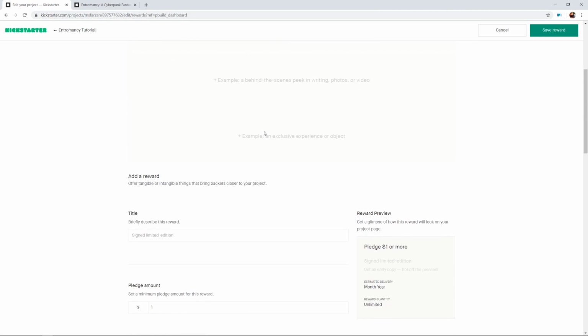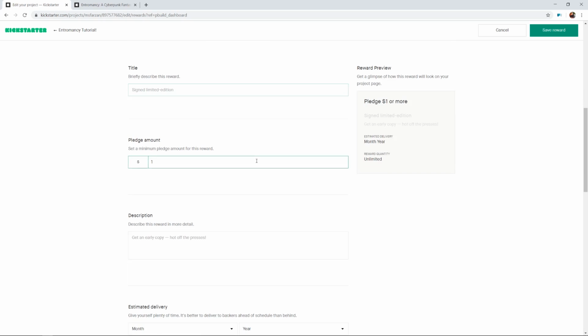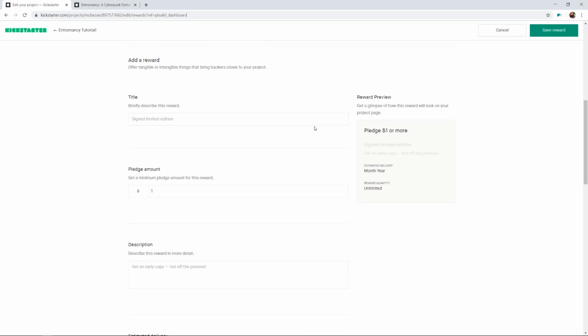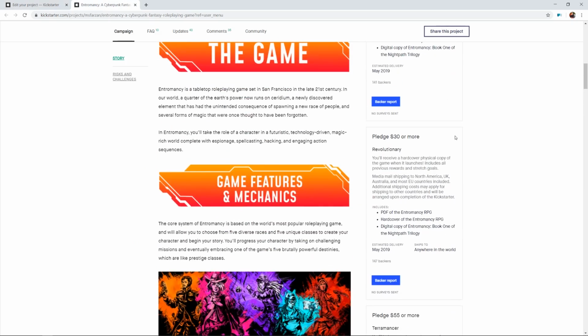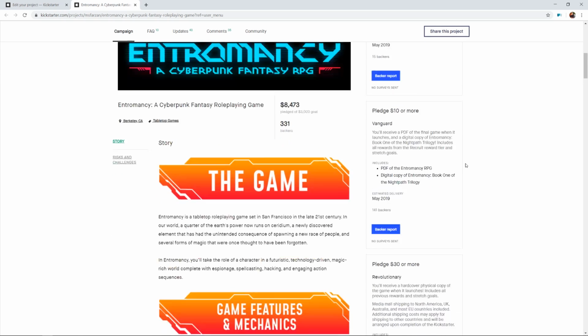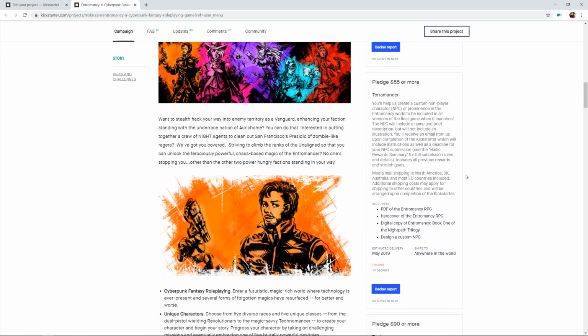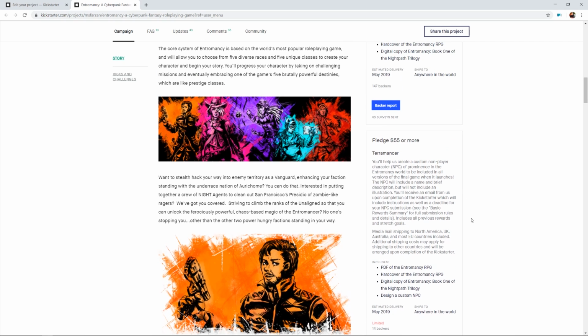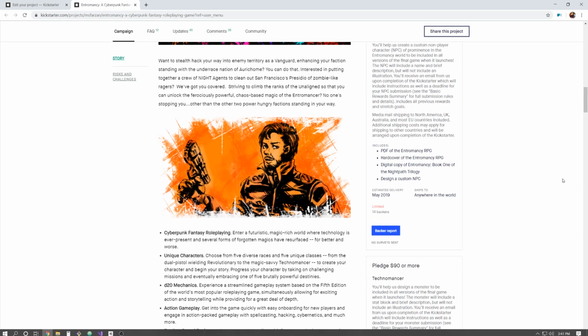And so what you'll have to fill out here is a section for each tier of reward that you're providing. So in my example, and yours may vary completely differently from mine, in this project, I was selling a few different things. I was attempting to fund and successfully funded a cyberpunk role-playing game, which consists of a PDF that you can buy, a hardcover, and I also have other products that go along with it, like a book, for example,